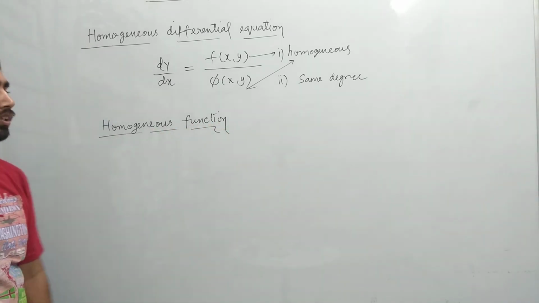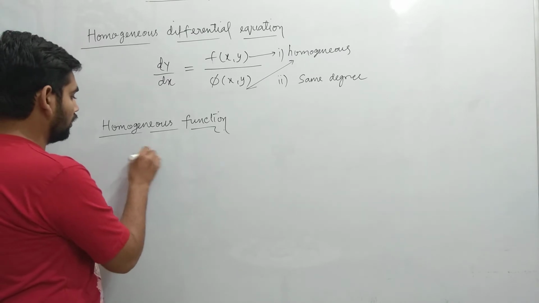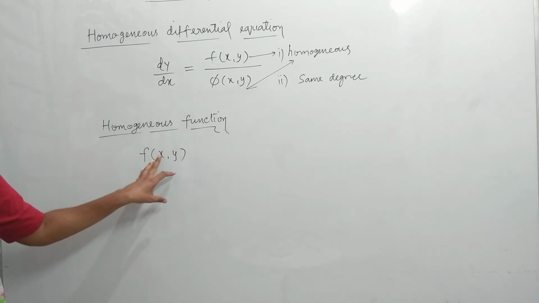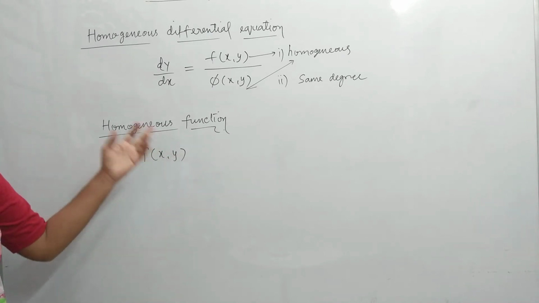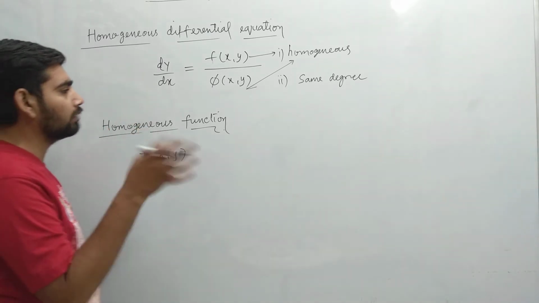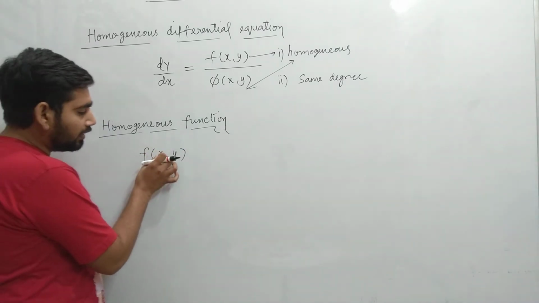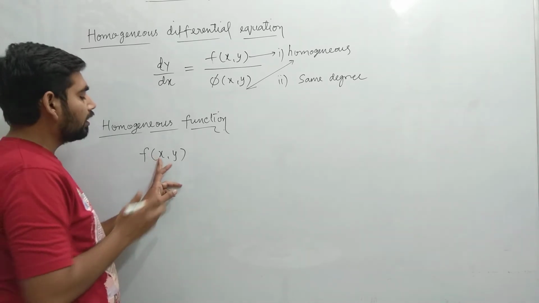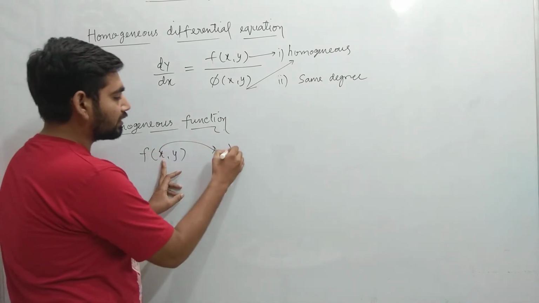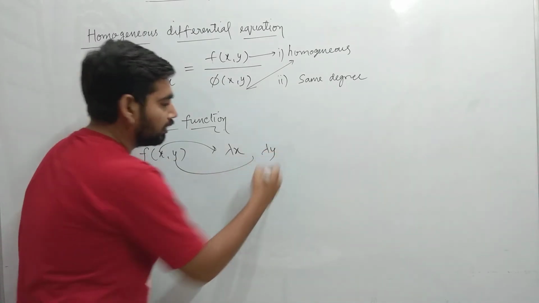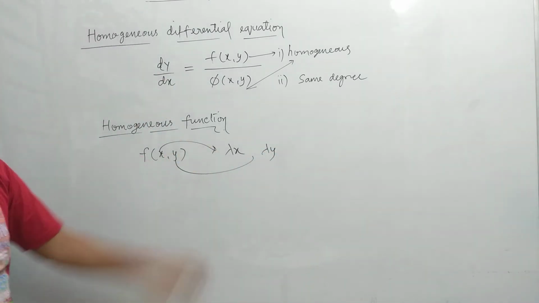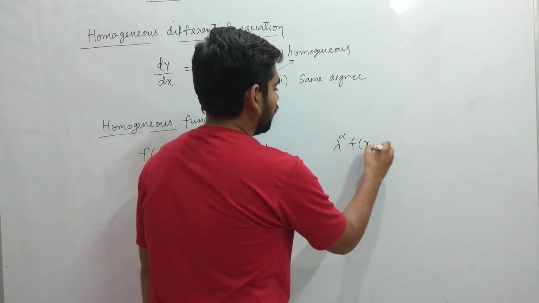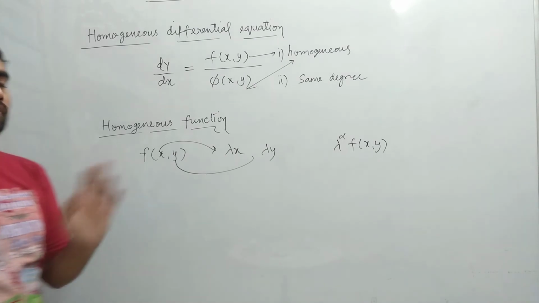What is a homogeneous function? Suppose we have a function f(x, y). There is no dependent or independent variable over here. If we replace x with lambda x and y with lambda y, and then on solving, we are able to separate some power of lambda from the function itself,